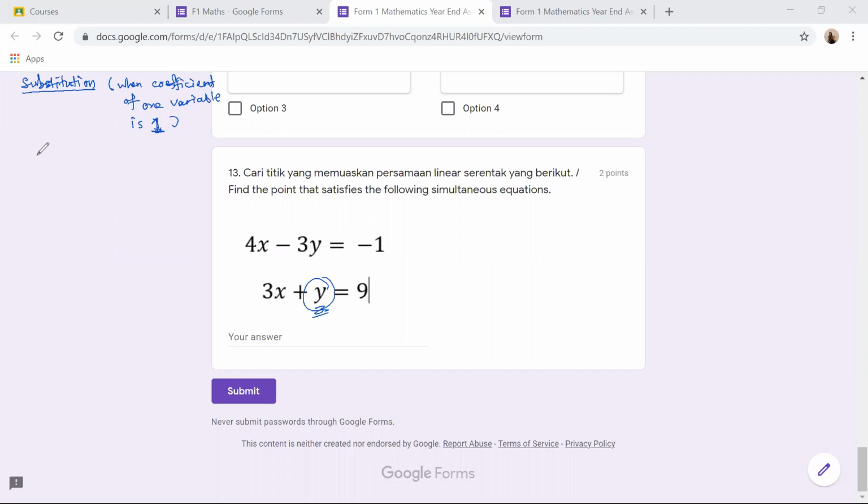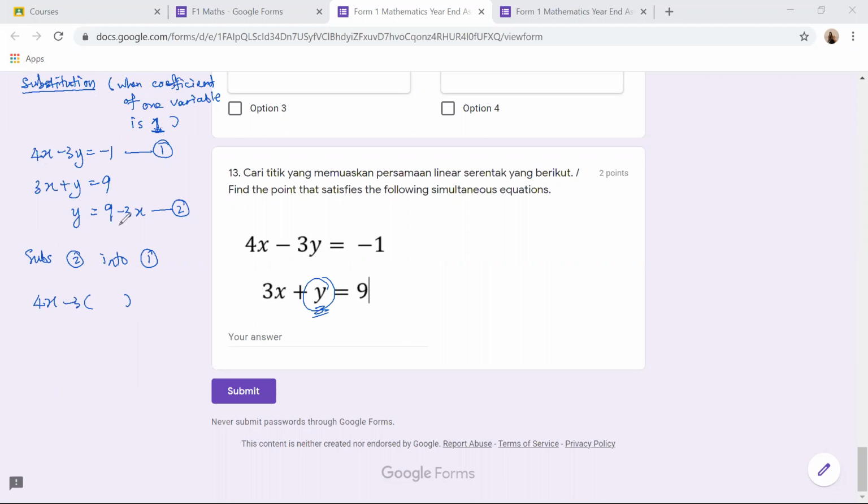So I label this one, 4x minus 3y equals to -1, as equation 1. And then 3x plus y equals to 9, I rewrite it with y as the subject: y equals 9 minus 3x. Let's call this equation 2. Then we substitute equation 2 into equation 1. That means just take equation 1, 4x minus 3y,